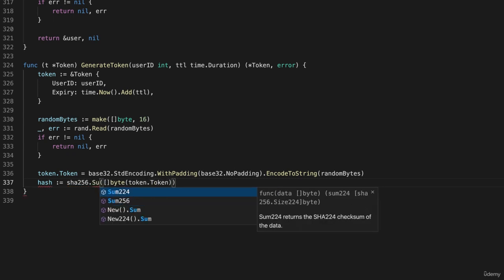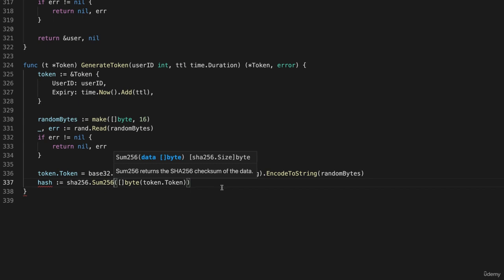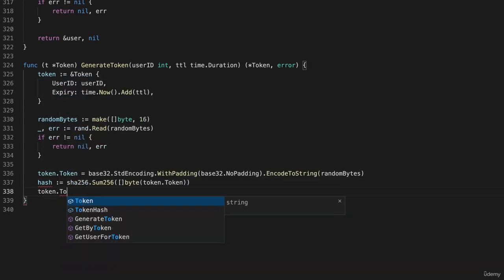Again, don't get the 224, get the 256. I seem to be sloppy today, but we're getting it done. So we're taking that plain text token, converting it to a slice of bytes, handing it to the method Sum256 from the built-in package SHA-256, and that gives us a hash, okay? And then we just say token.TokenHash